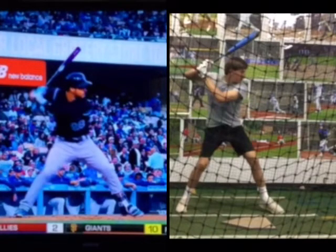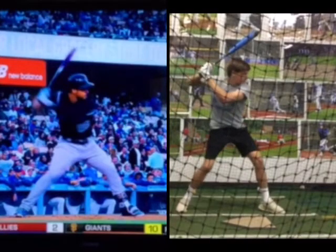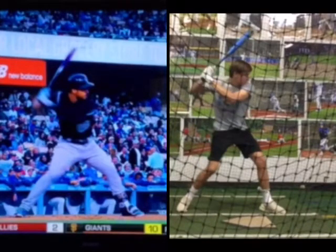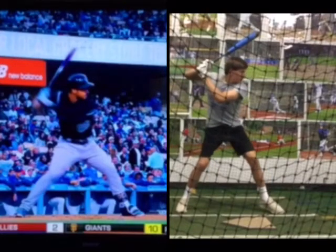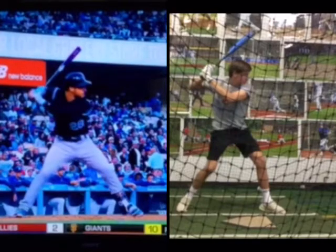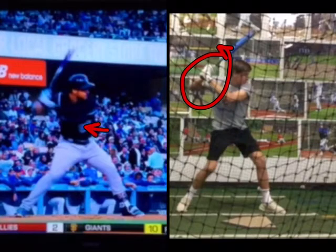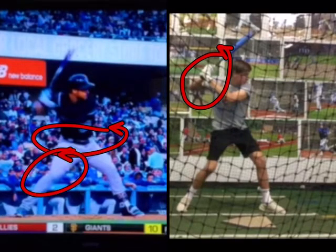The big thing that I really like about what you're doing is we talk about, and I showed you all this, immediate preparation. As Arenado's heel goes down there, and watching you when your heel goes down there, you can see your immediate preparation from toe to heel versus Arenado from toe to heel is tremendous. You do a fantastic job of understanding how everything has to move, where you can see how he started to turn, you've started to